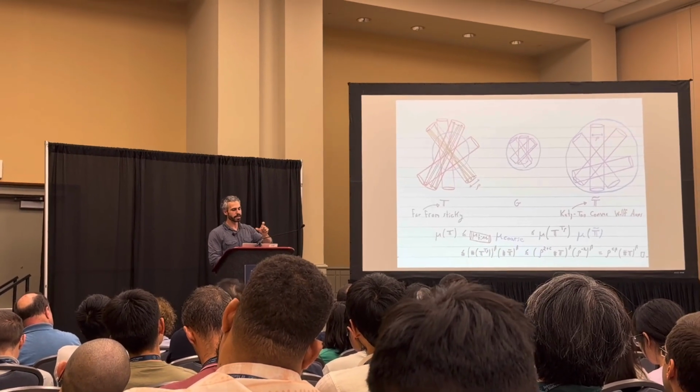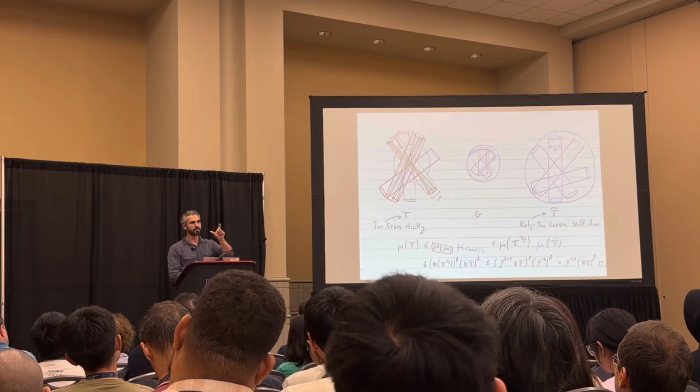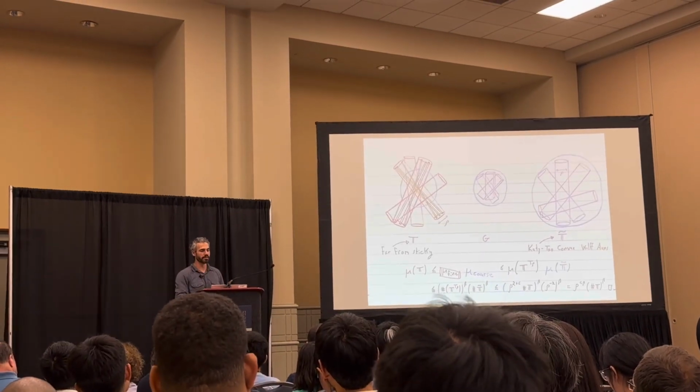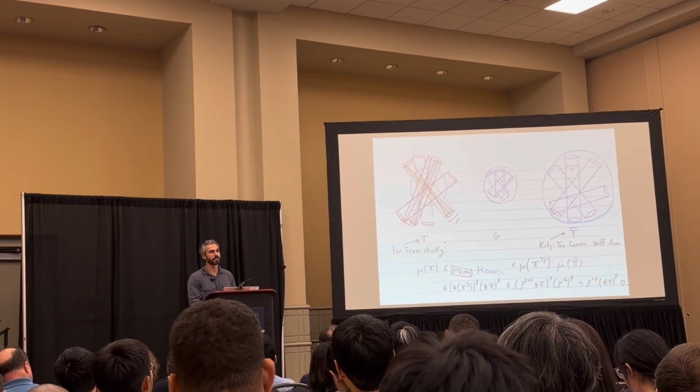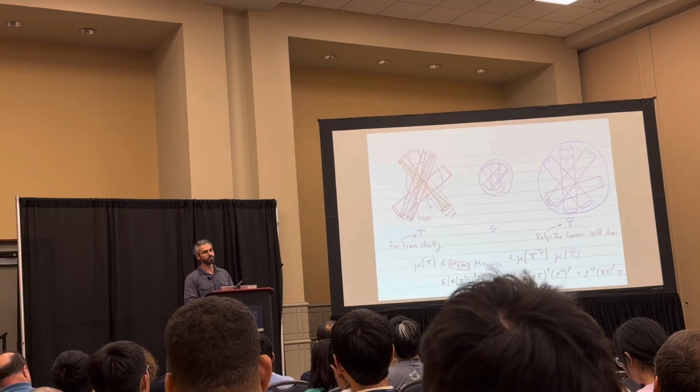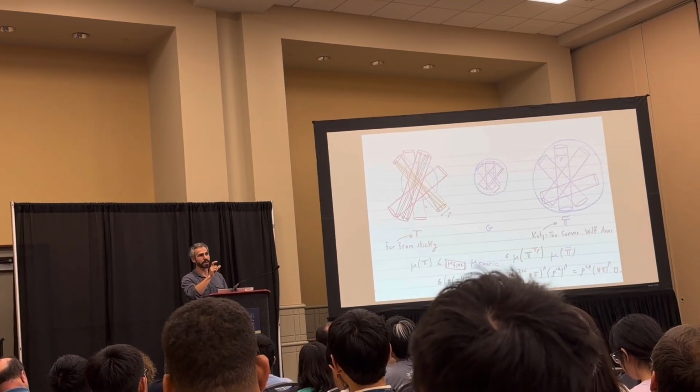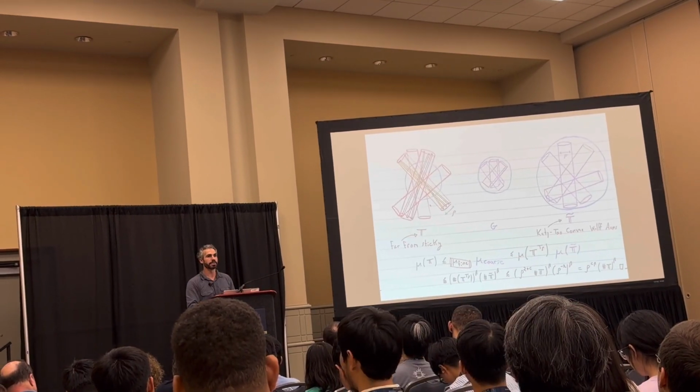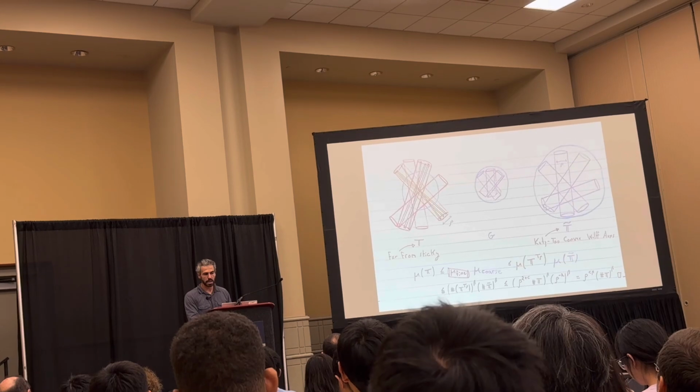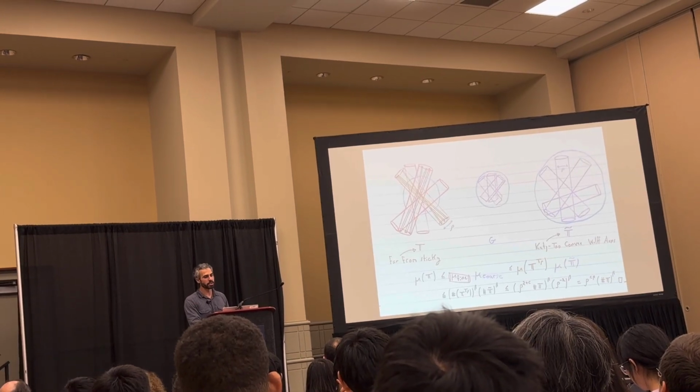How many delta tubes come from the same row tube contributing to a given point? That is mu fine by definition. How many different row tubes contribute to that point? Well, I could bound that by the intersection multiplicity of the row tubes, but a better idea would be to say, okay,